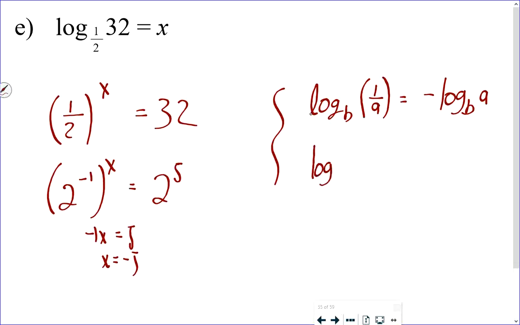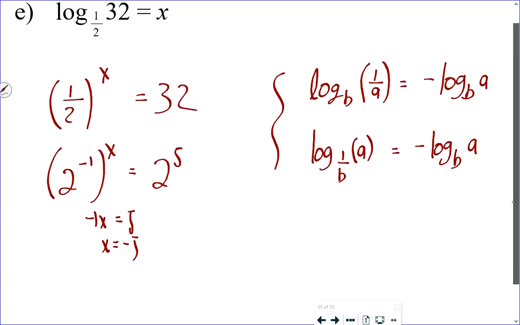If I have log base 1/b of a, it's equal to log base b of a multiplied by -1. So any time you flip the base over or the argument over, you just multiply the logarithm by -1,